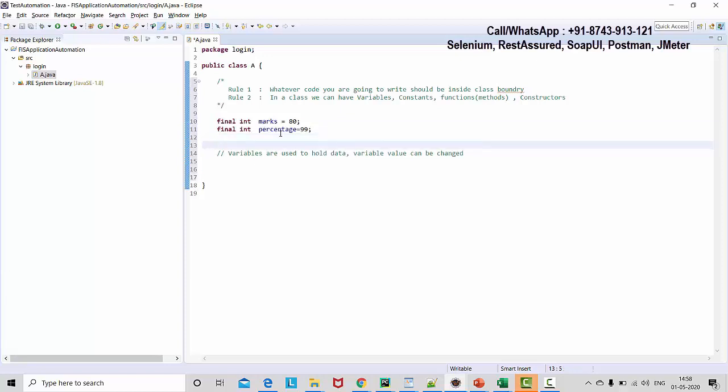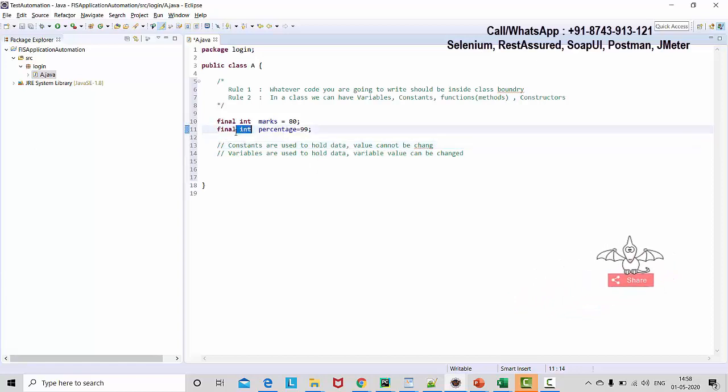So again, what is a constant? Constants are used to save or hold data. Value cannot be changed. So that is a constant. So here I'm creating one variable and one constant. Now we have an understanding of variable and constant.